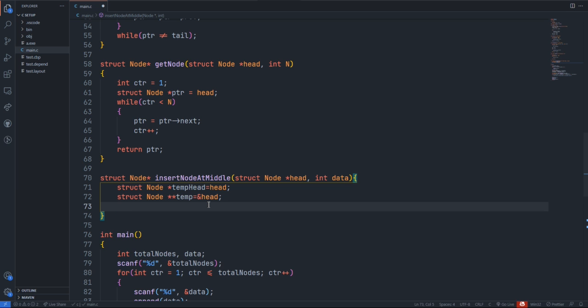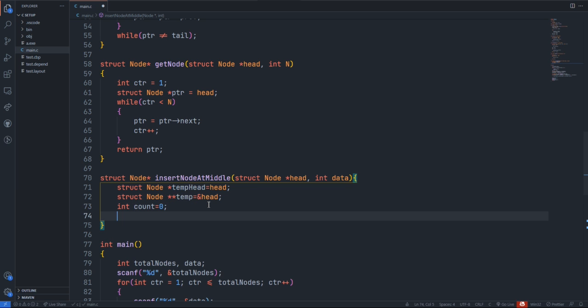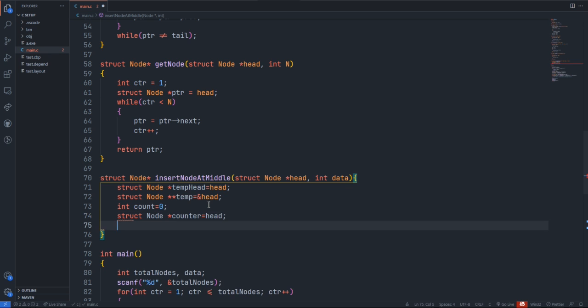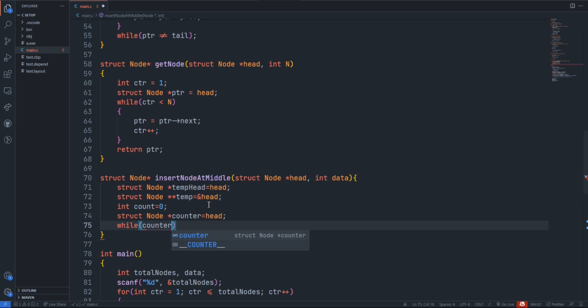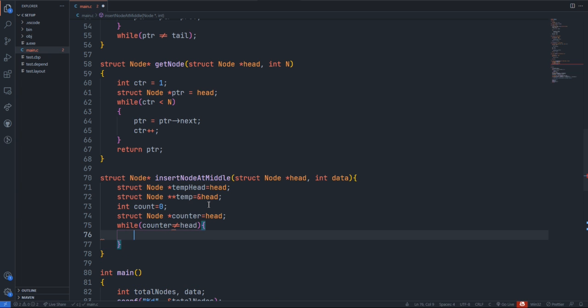Before that, we need to insert the value at the middle, right? For that, I need to make some counting operation. Int count equal to 0 and struct node star counter equal to head, while counter not equal to head, do the operation.